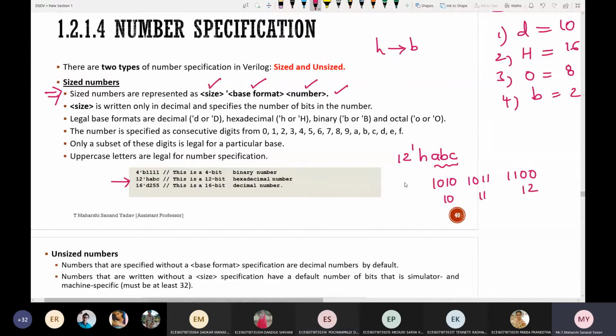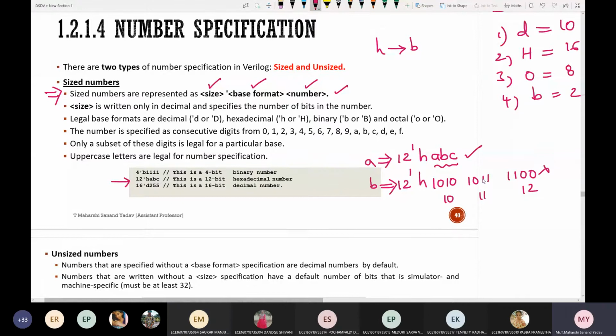Now if I write like this, is it correct or wrong? What is the difference between these two? Size is not matching. The first one is correct.